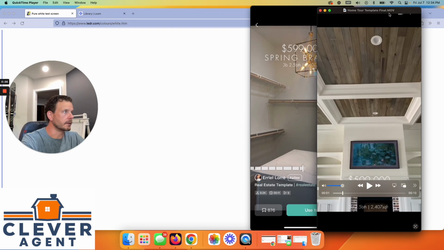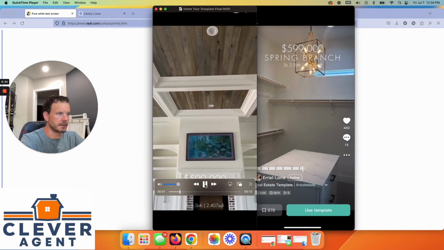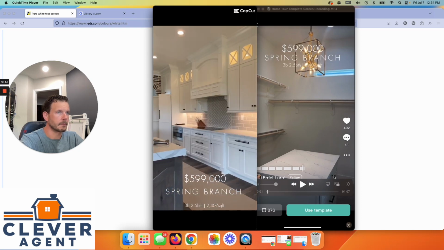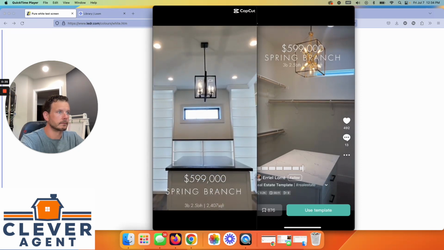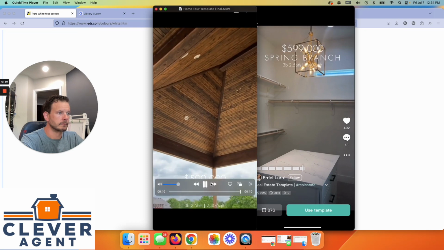This is what it's going to look like when you're done, and this was a really nice new construction house. So as you can see, it's very easy, it's very quick, and all you have to do is just run